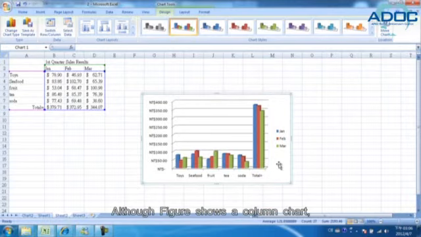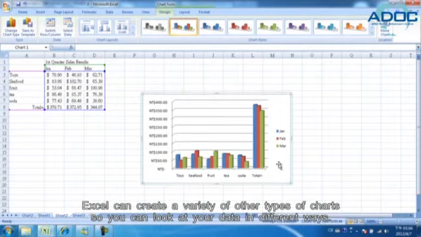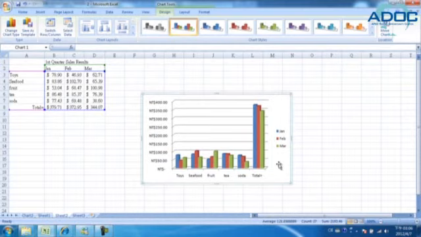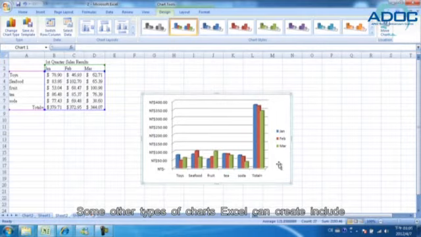Although the figure shows a column chart, Excel can create a variety of other types of charts so you can look at your data in different ways. Some other types of charts Excel can create include